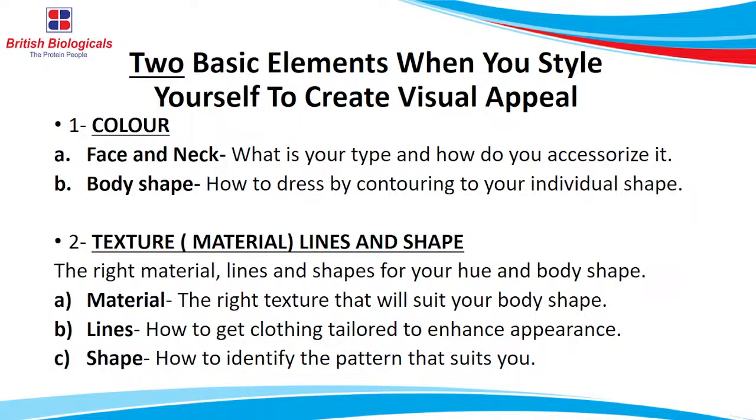Today we're going to talk about body shape, how to dress by contouring to your individual body shape. What is the ideal body shape and what can we do to contour to come as close as we can towards the ideal body shape, right? Texture, material, lines and other things we will be talking about as the session rolls out. Right, going into the first one,